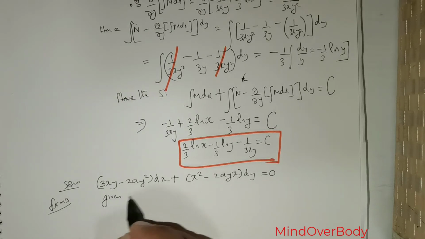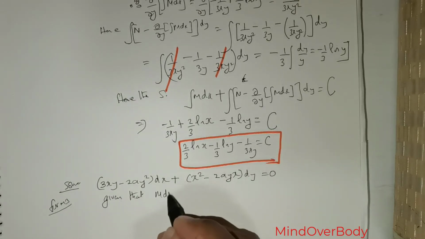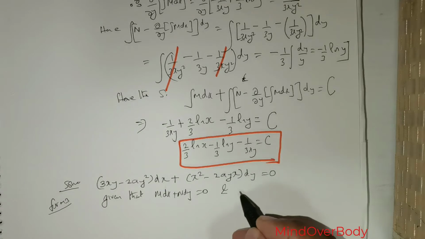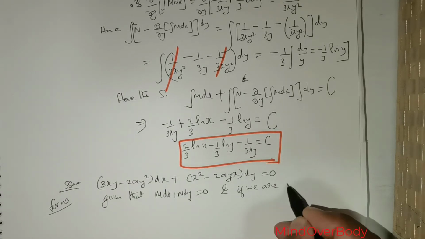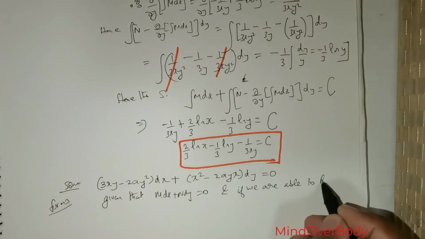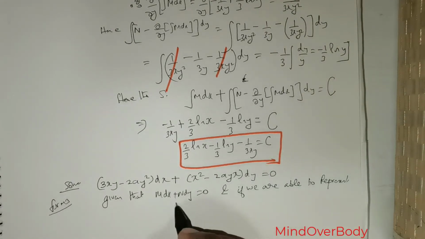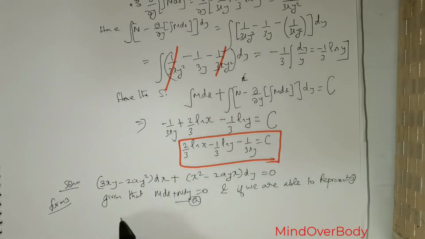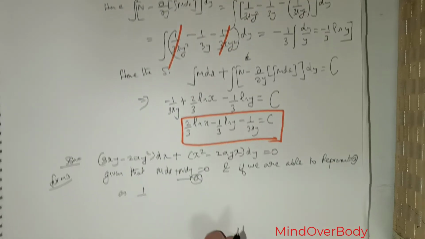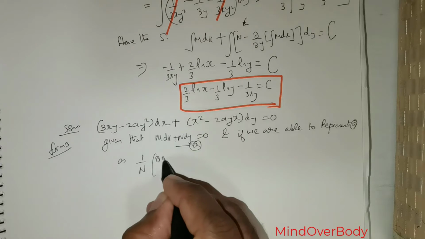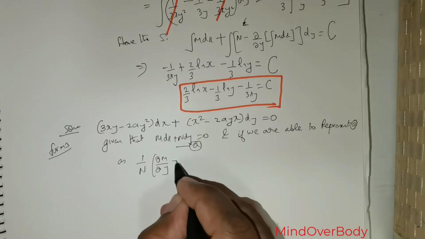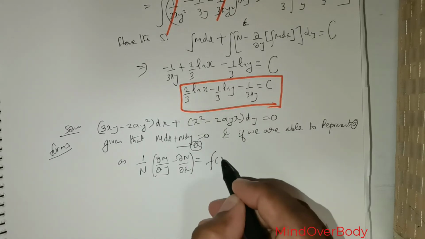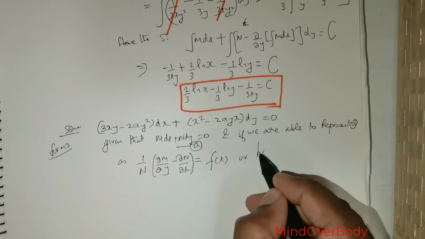Now we are given that M dx plus N dy is equal to 0, and if we are able to represent this expression, say let me call it A, as 1 over N times (∂M/∂y minus ∂N/∂x) to be equal to some function of x, or some constant k,